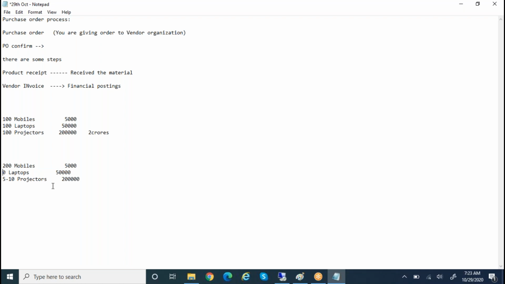Or if laptops are not moving much, I can purchase 50 laptops and 5 to 10 projectors. So it is most important that whenever you are doing a purchase, confirmation should be done by key persons only. Then only you can do the product receipt.